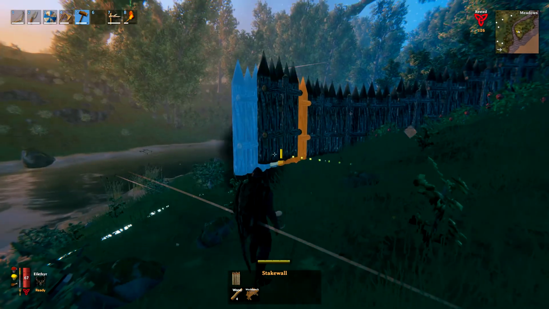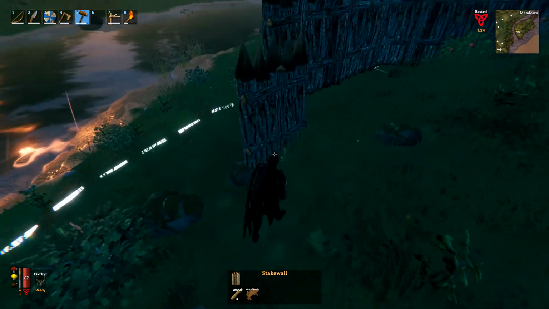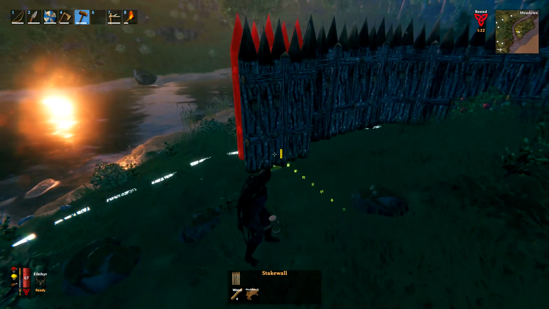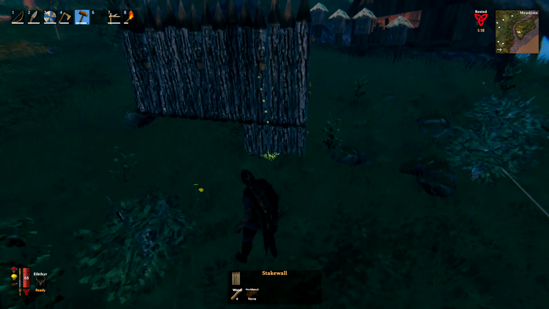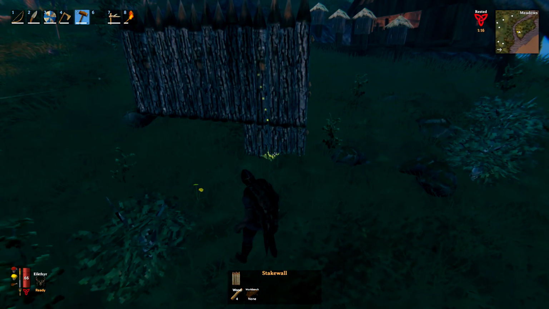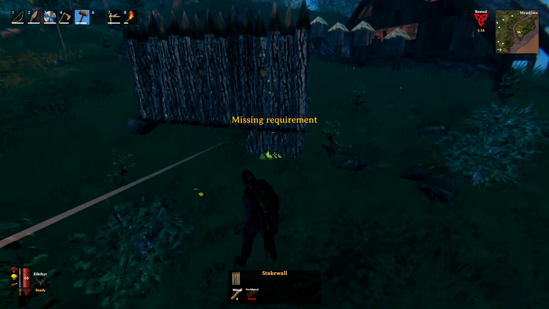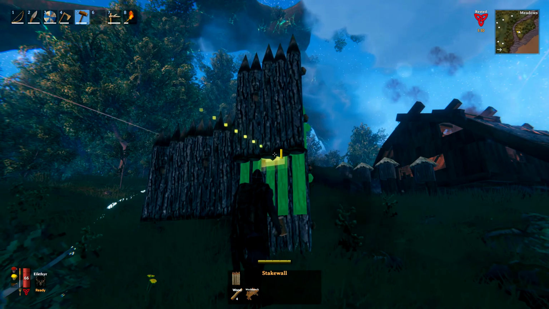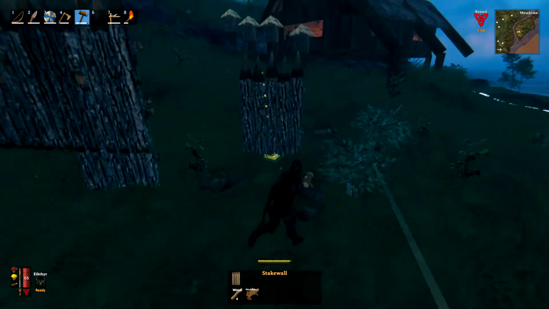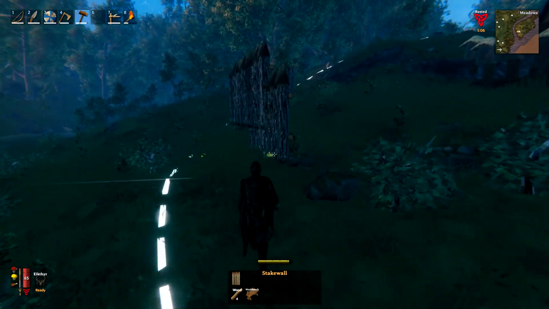Just build this wall out like this for the time being. Not exactly supported, but it's looking a bit unhappy there. I just place you in there. Missing requirement, workbench. I'm right next to a workbench. There we go. He's all happy now. But yes, so